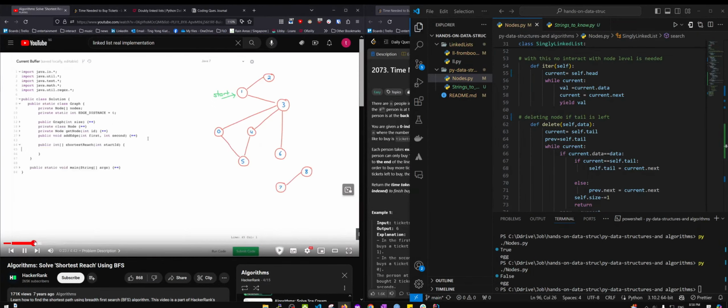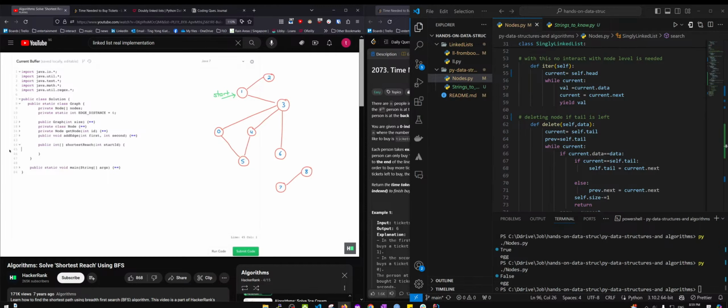Breadth first search is designed for finding the shortest path, so it's perfect for that problem. Now remember in breadth first search that we're going to need to have some sort of queue that